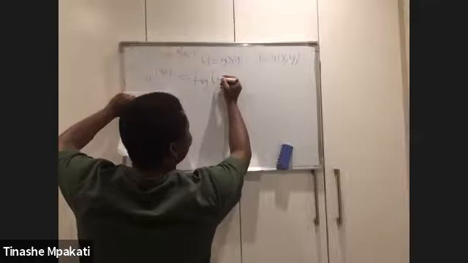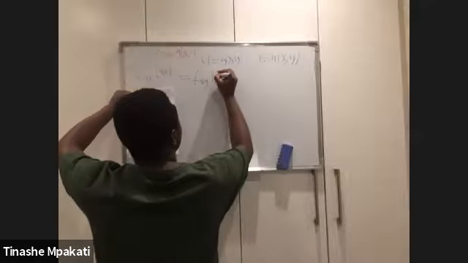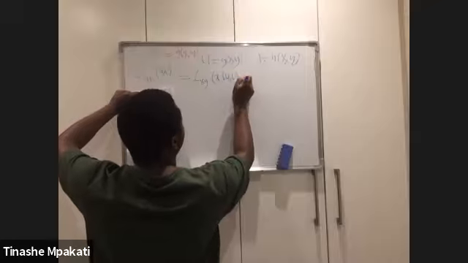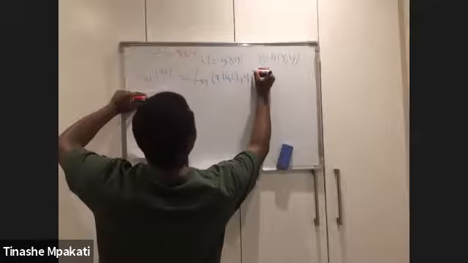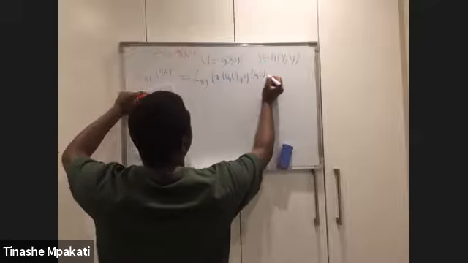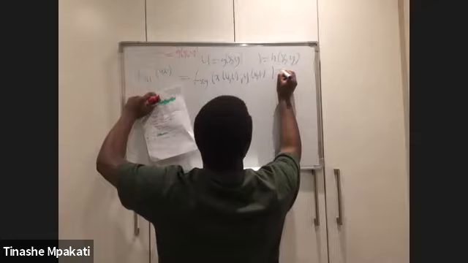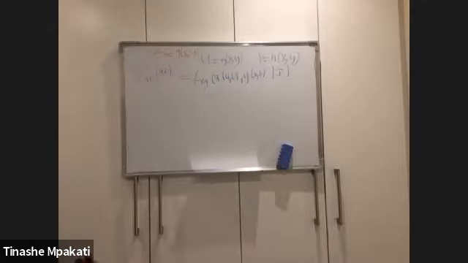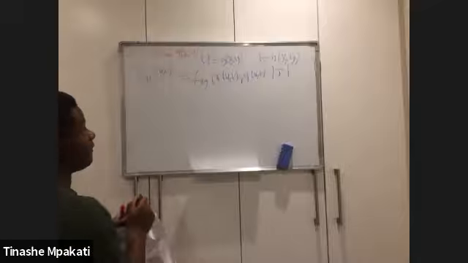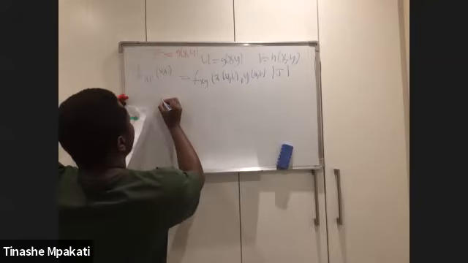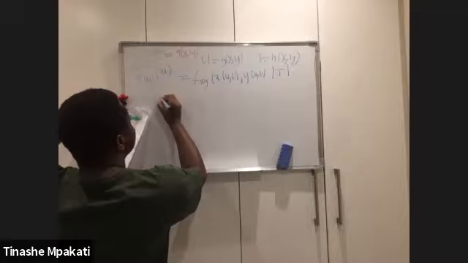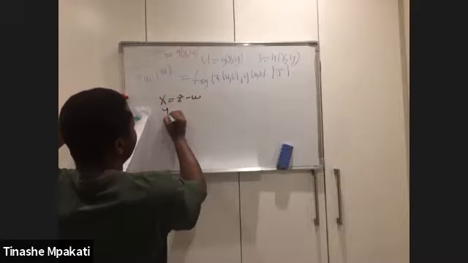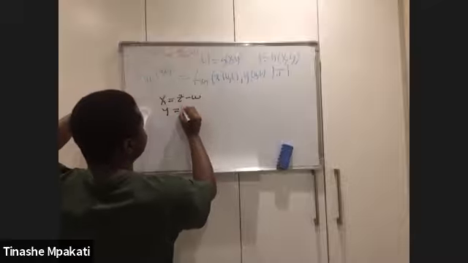But wherever in that PDF there is an X, you are going to write the X in terms of U and V, and wherever there's a Y, you write that Y in terms of U and V, and after that, you are going to multiply with your Jacobian, right? So remember, the scenario I gave earlier on, an example where we had our X being equal to Z minus W, and our Y being equal to W, right?